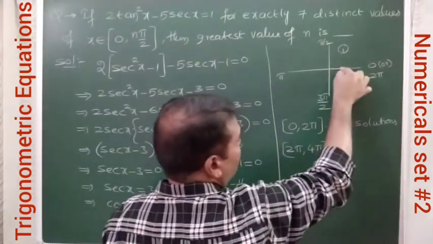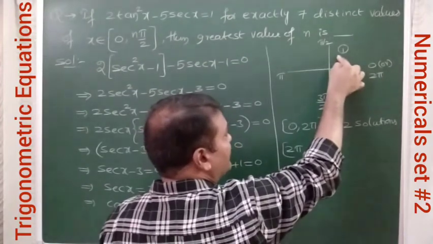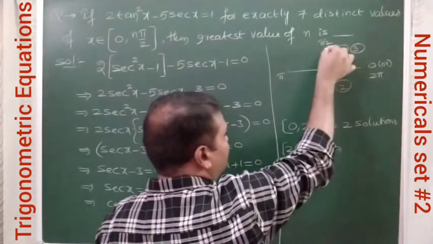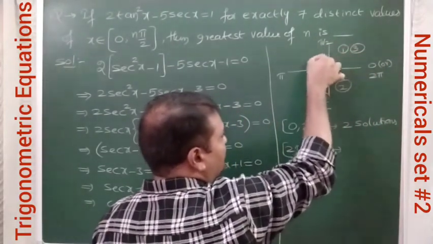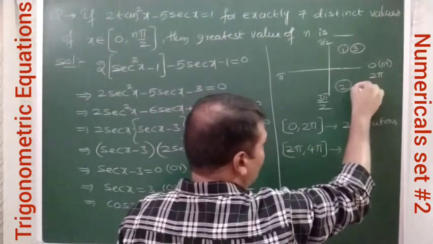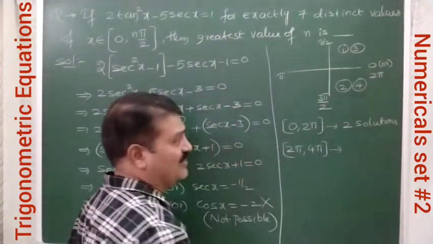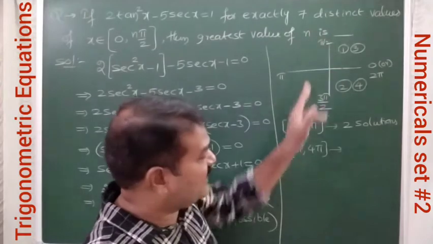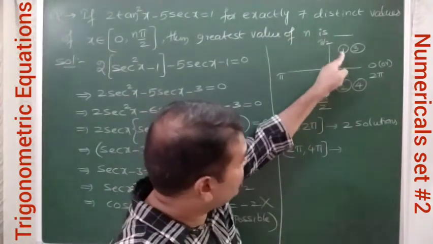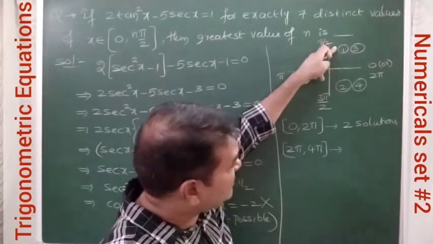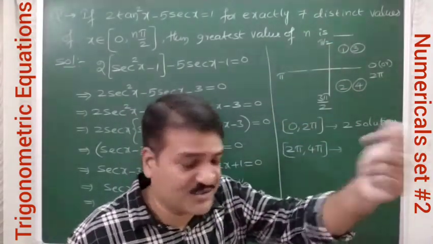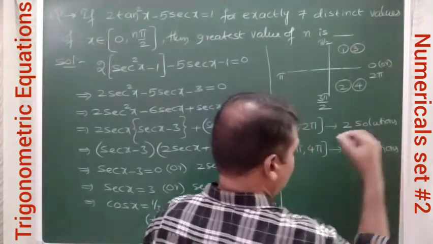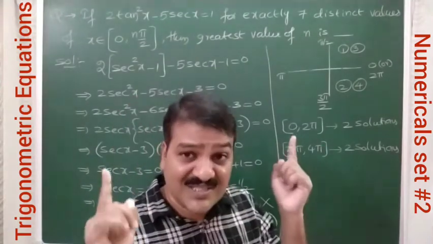So after one cycle, again when we enter the first quadrant, we get the third solution. So after the first quadrant, we enter the second quadrant, third quadrant and fourth quadrant also, no? In the fourth quadrant, we get the fourth solution. In our second cycle, again in the first quadrant and fourth quadrant, we get two different solutions. So how many solutions have we covered now? 4 solutions. Now let us do the third cycle.